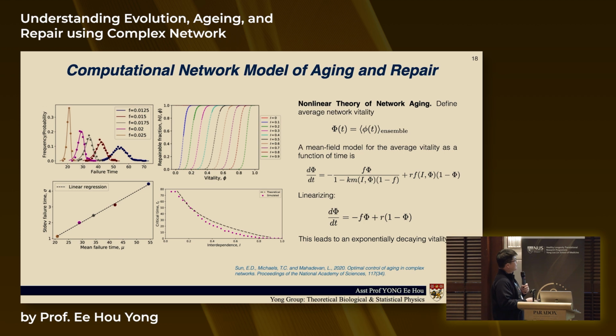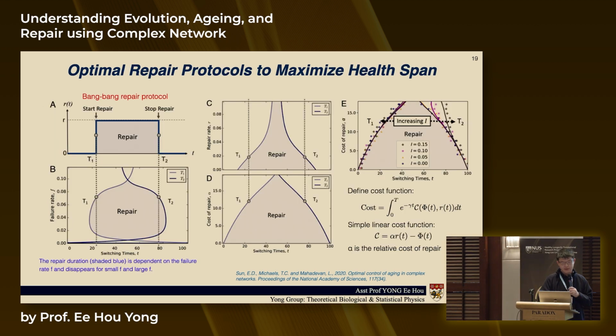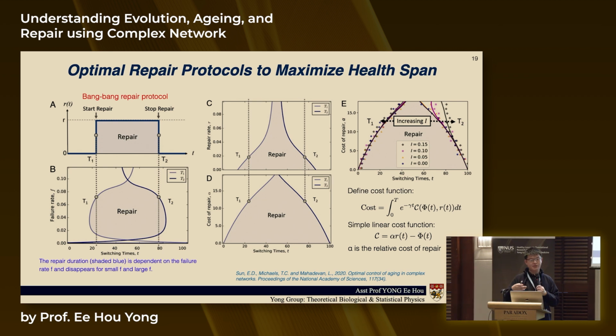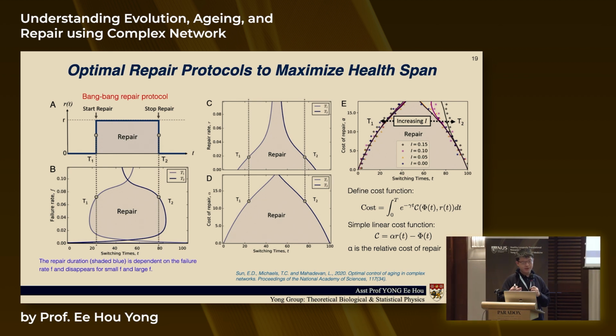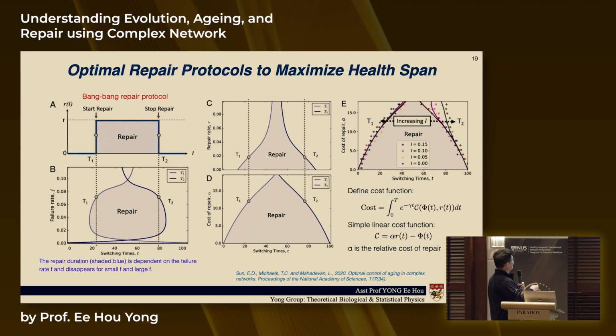Okay, so in the paper, they describe a simple mean field theory where you can solve this to make certain predictions. And then they also considered different ways to think of repairing, right? So you can think of, in terms of what I showed on the first slide, repair can come in like rest and recuperation, right? So macroscopically, but in this kind of complex system, it's basically in terms of how much energy you want to put in, or how probable it is to repair a node.